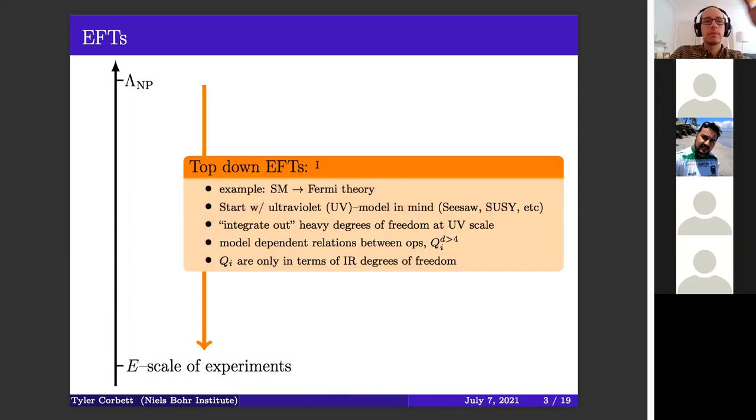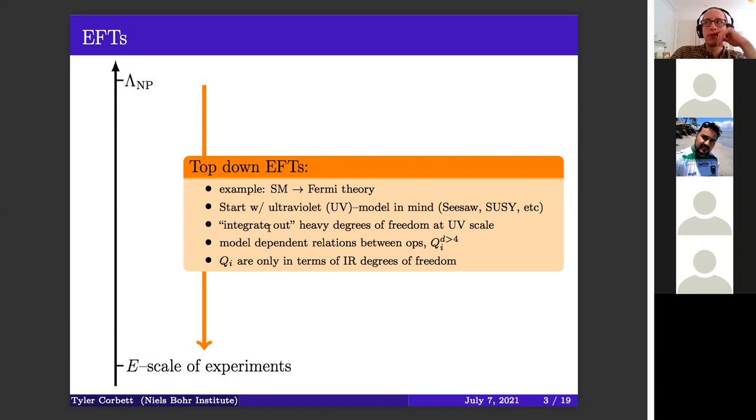Alternatively, you've got the top-down EFT. I know the standard model. If I take these W bosons and I integrate them out, what I did in the last slide, I get the Fermi theory back. So in this case, I start with my favorite model in mind, which could be Seesaw, SUSY, the standard model. I integrate out these heavy degrees of freedom, which for my example was just matching, but